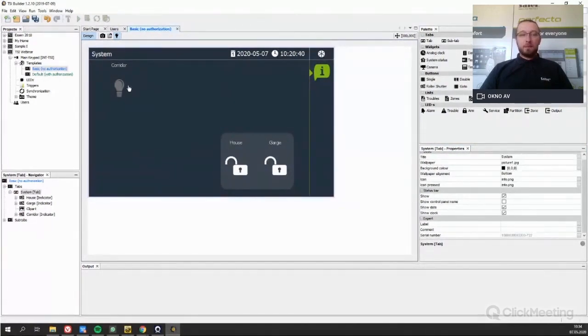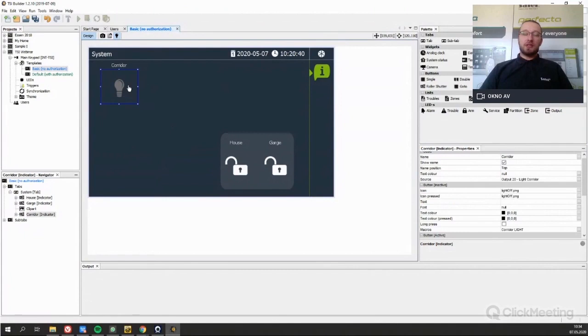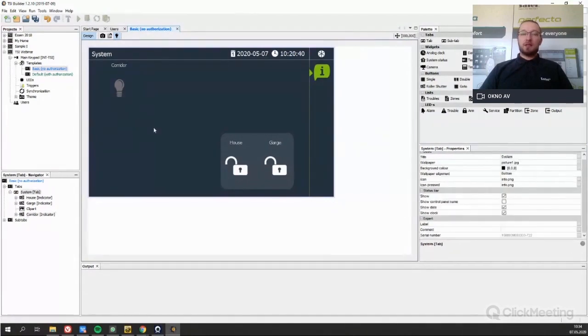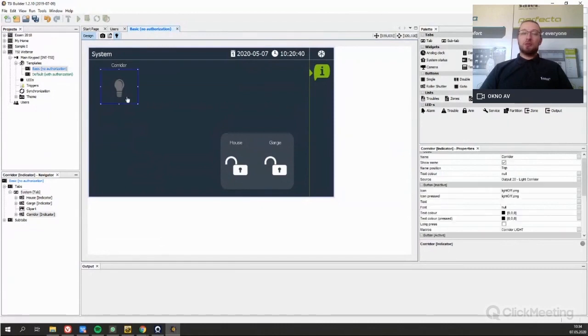But right now, with the default configuration of the TSI, on the no authorization template, every single time you control output, turn on, turn off the lights or whatever, garage, etc., you will need to press the code of your user. So you will need to authorize that you want to turn on the lights. Maybe it's not the best for the smart home because the user will very fast try to force you to